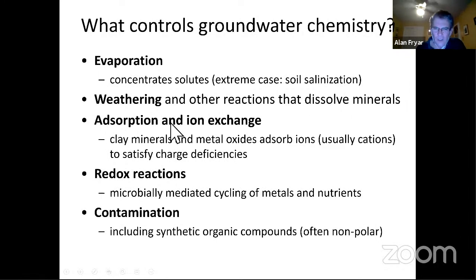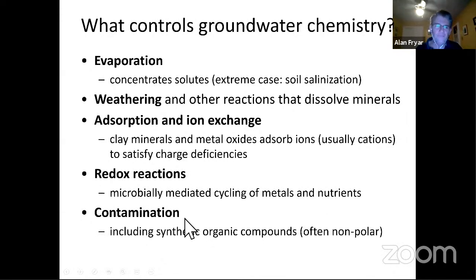I'll talk also about adsorption and ion exchange, where clay minerals and metal oxides adsorb ions, usually positive ions, to satisfy structural charge deficiencies or broken bonds on the surface of the mineral. There are redox or oxidation-reduction reactions, which typically involve microbially, usually bacterially, mediated or catalyzed cycling of metals and nutrients. So, for example, the carbon cycle and the nitrogen cycle